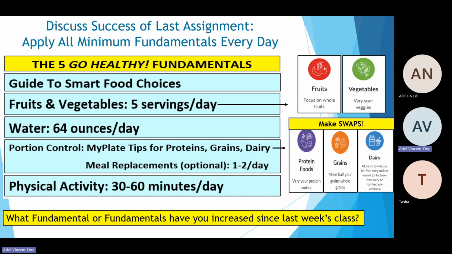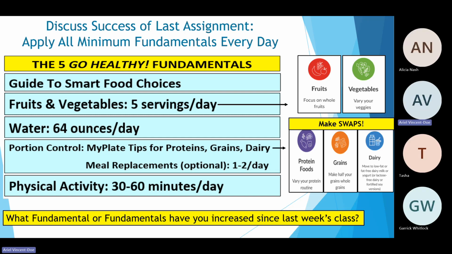All right, so last week we talked about applying all the minimum fundamentals every day. So we've talked about all 5 of them so far. So the goal now is to make sure that you are meeting those fundamentals daily. So, of course, using the guide to smart food choices, making sure you're getting 5 servings of fruits and vegetables in a day, drinking at least 64 ounces of water a day,